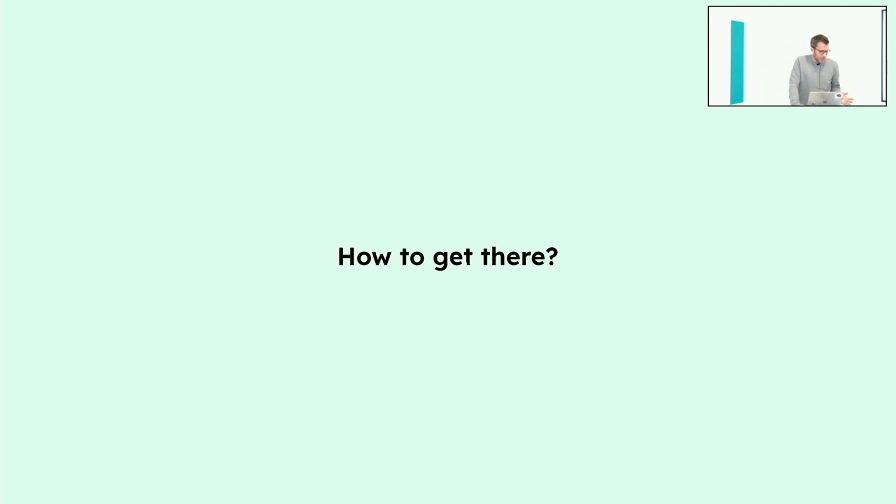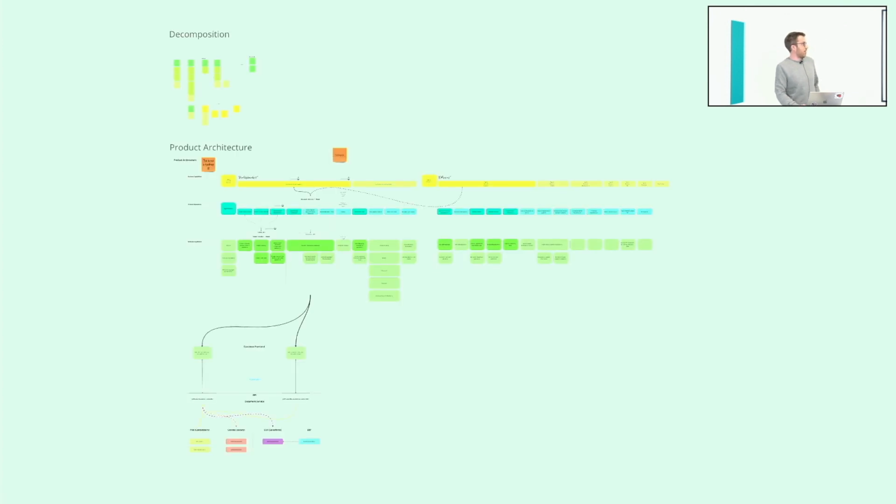How to get there is way too much to talk about in this talk today, but I have captured one screenshot from one workshop we did in the last few months. So first of all, it's about decomposition. I need to understand what the parts of my product are. I need to deconstruct Frankenstein's monster and see all the different parts and how these are currently connected. This creates an understanding about the current functionality of a product and also about intended future product functionality that could be added.